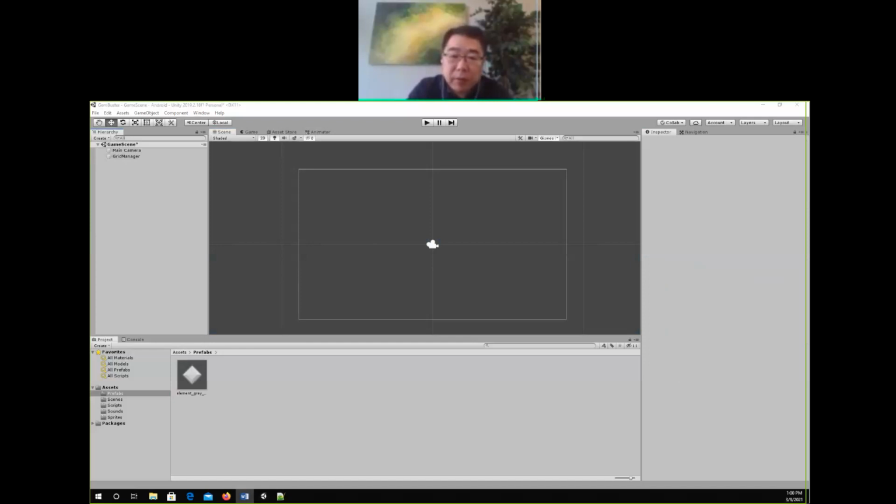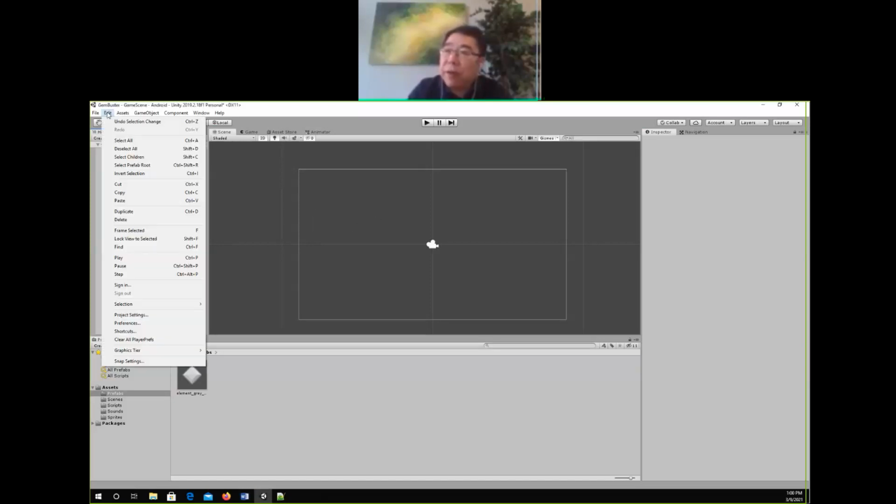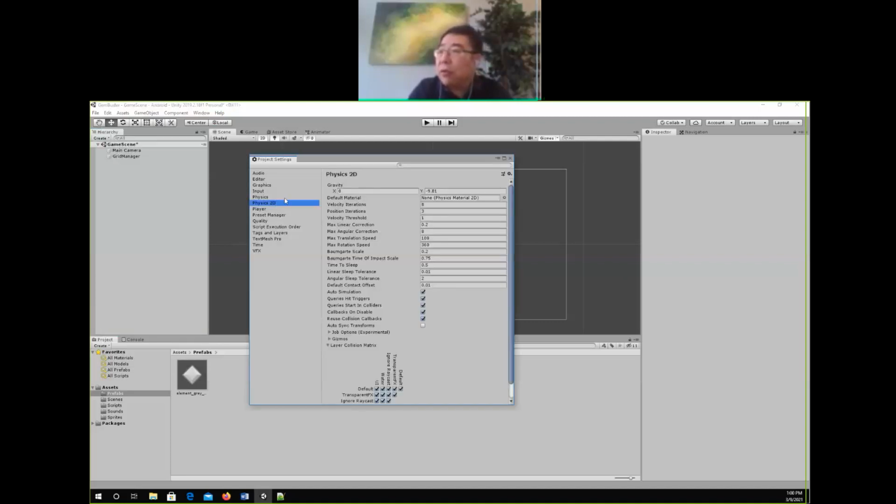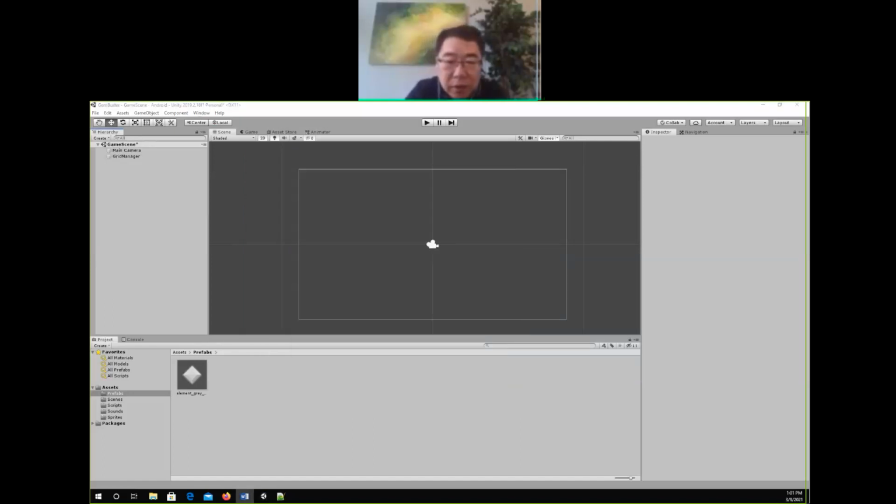Now, one last thing before we try to swap the tile, I mean the gem: we want to modify the physics settings. Go to the edit menu and choose project settings, and choose the physics 2D settings, and uncheck the option for colliders starting inside. So uncheck that. Okay, so now let's go ahead to file, save scene as well as save project,